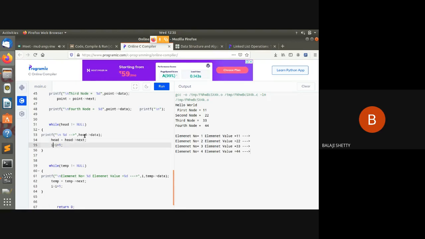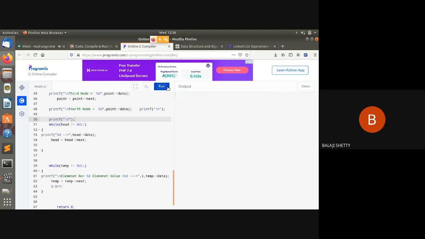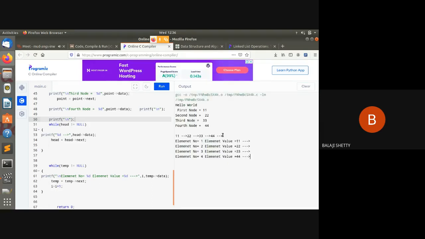So same as the previous code. Just I have printed the linked list in two ways. That's it. What I am doing now, I have just printed the linked list in two ways. Printed fashion. This is your linked list 11, 22, 33, 44.